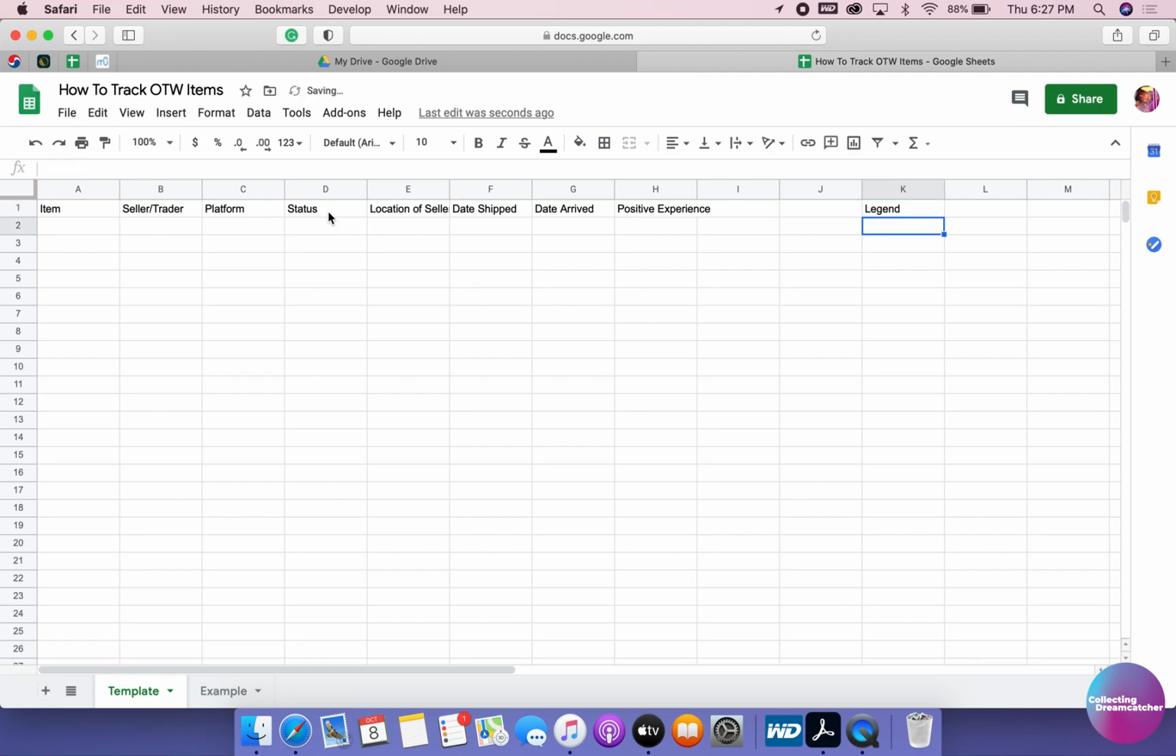And so the legend is going to associate for me with the status bar. This might be way too detailed for some people, but this is kind of how my brain works. So I have inquiry, paid, packaged,